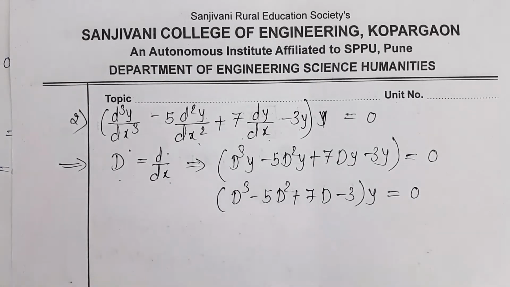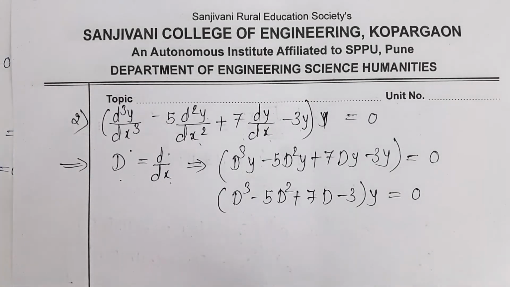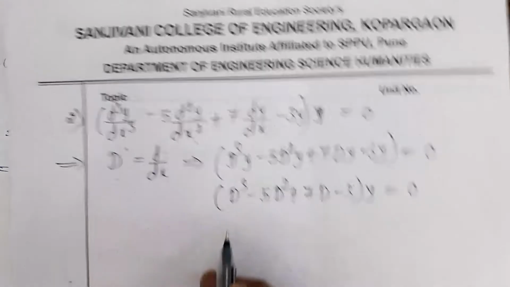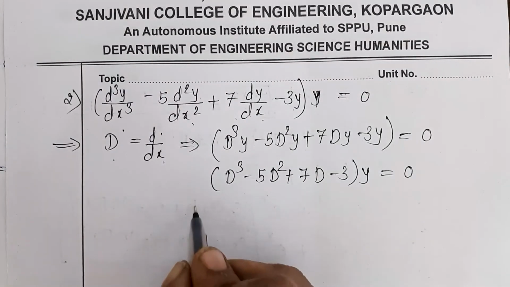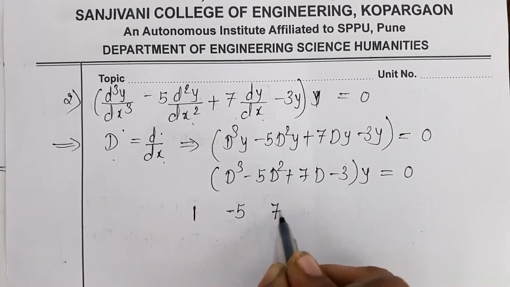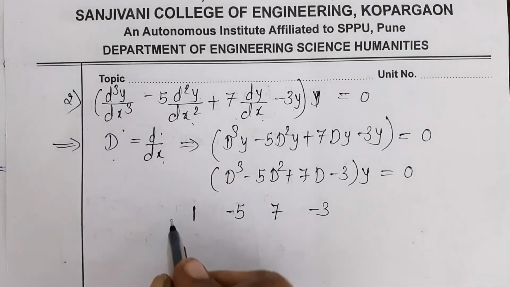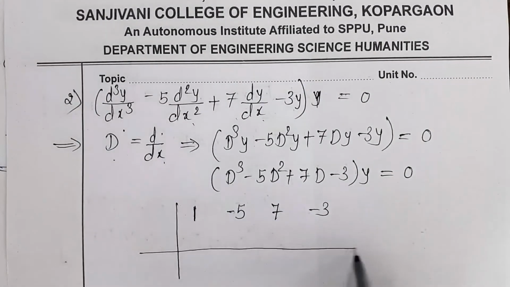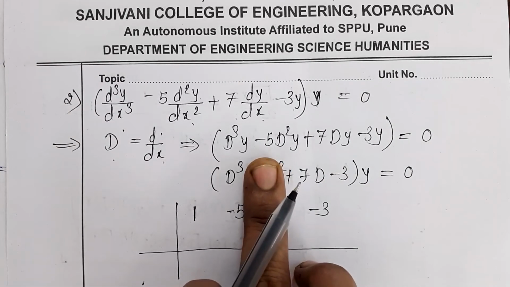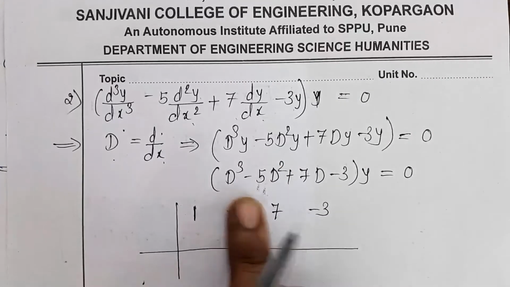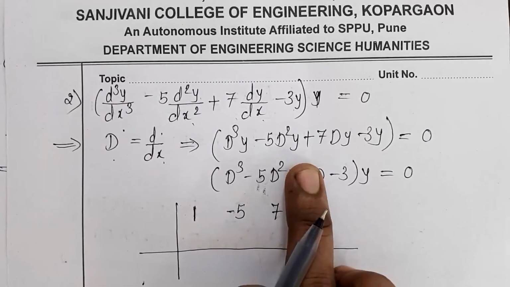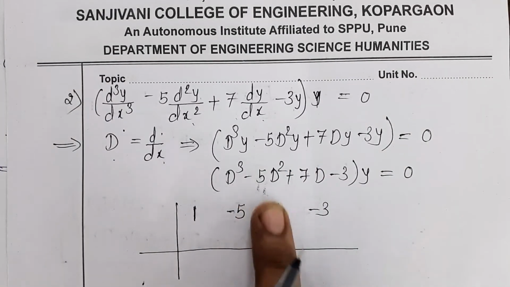Now if we observe it carefully, it is not in a perfect square or cube formula. So what do we have to use here? Synthetic division method. Synthetic division method is to write down the coefficient of each and every power. So first, what is the coefficient of D cube? It is 1. Coefficient of D square is minus 5. Coefficient of D is 7 and the constant term is minus 3. So we have written here the coefficients of all powers of D. If any power is absent, then we write its coefficient as 0, but we have to go by order only. So if 7D is absent, then instead of 7, we write 0.